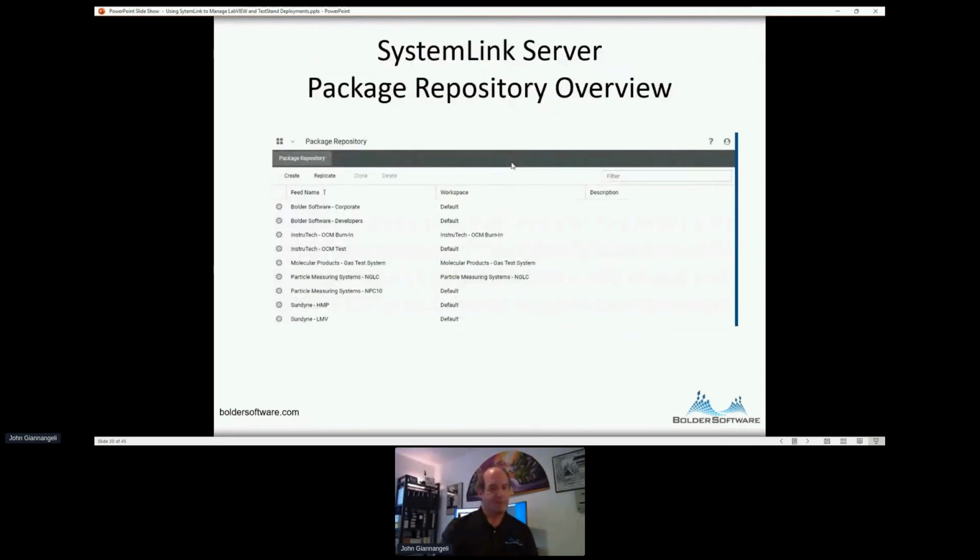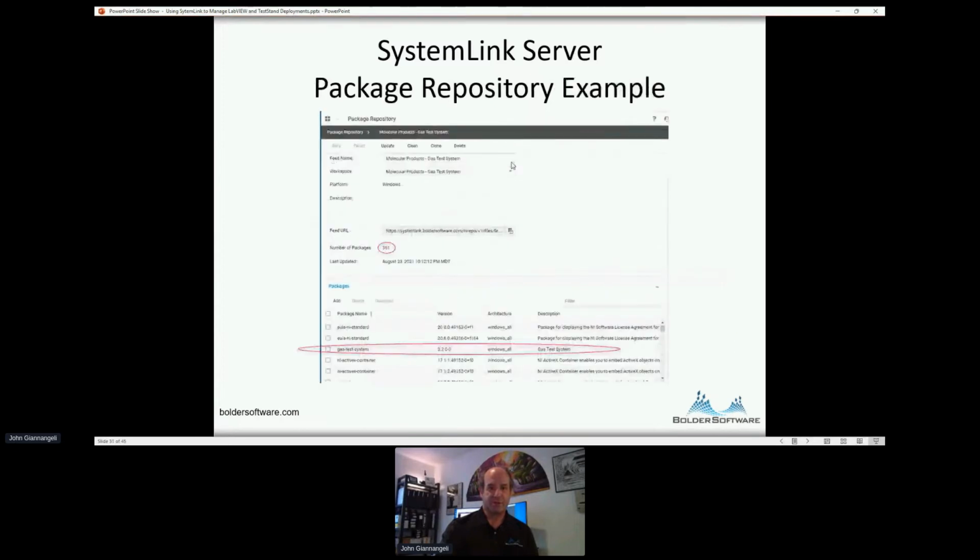So now I have some repositories added. That's the server side. Oh wait, we still have a little bit more repository work to do here. This is a slide of what's in one of those repositories. What I have highlighted here is called Gas Test System. That is the ultimate deliverable that I'm giving to my customer to test their